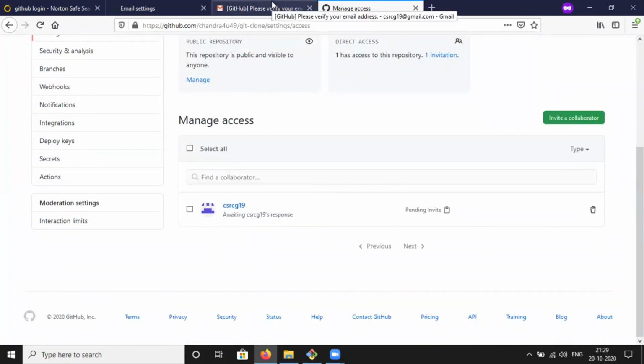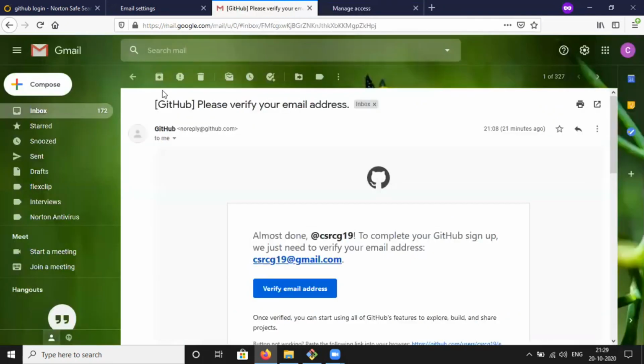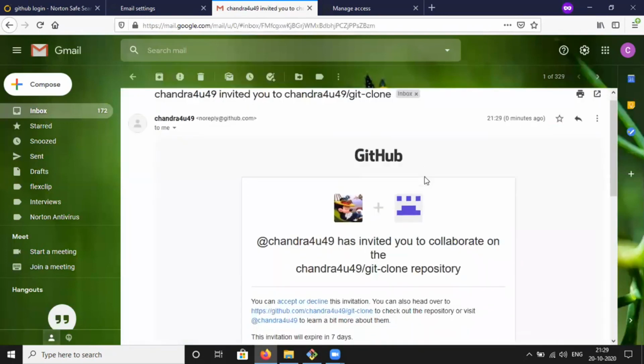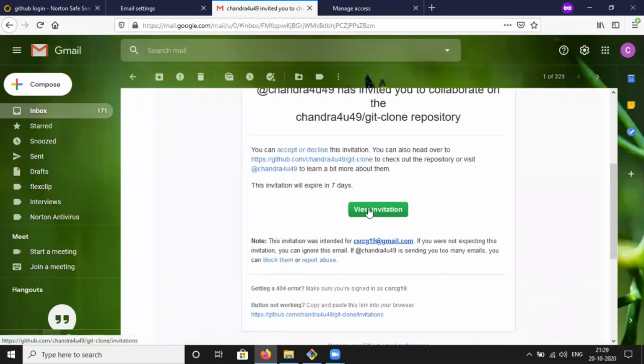That means until you verify your email ID or accept the invitation, it will not allow you to push your local changes to the remote repository. For that, you need to check your mail and accept the invitation. Then only